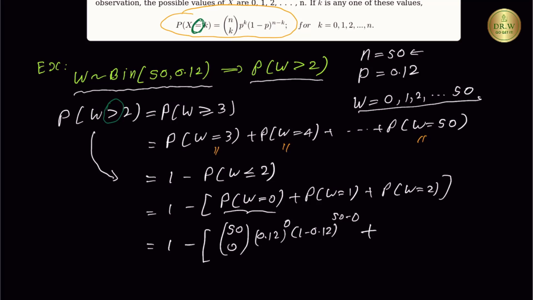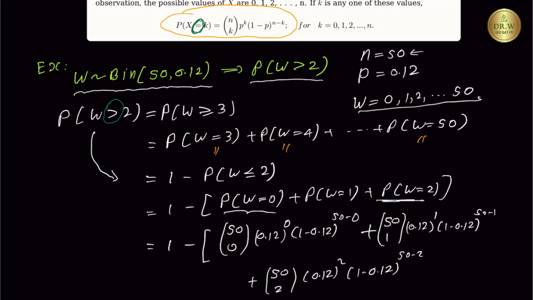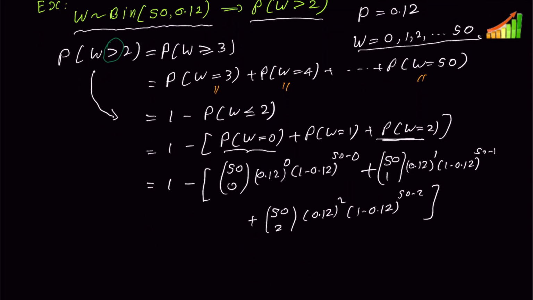How do we find the probability for W equal 1? 50 choose 1, 0.12 to the power 1, 1 minus 0.12 to the power 50 minus 1. Then the last one, probability W equal 2: 50 choose 2 times 0.12 to the power 2, 1 minus 0.12 to the power 50 minus 2. Then we can simplify this and you can have